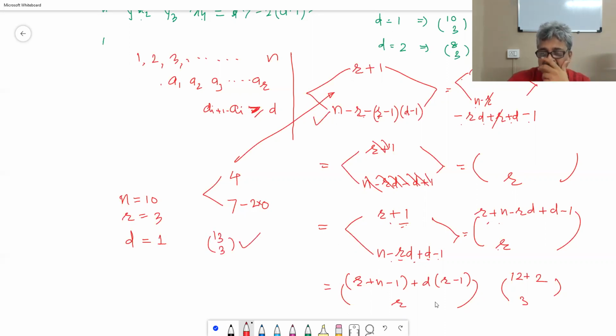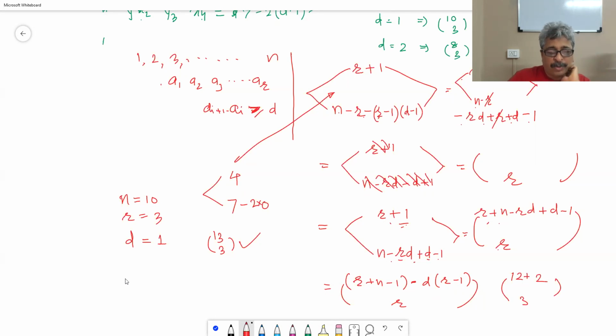Sir, in the last step it is wrong. Here? Sir, it is minus d r plus 1. Minus d r minus 1. It should have been minus d r minus 1. Now it is correct. I erased everything unnecessarily. This sign, instead of my plus, it should be minus. That is the mistake.